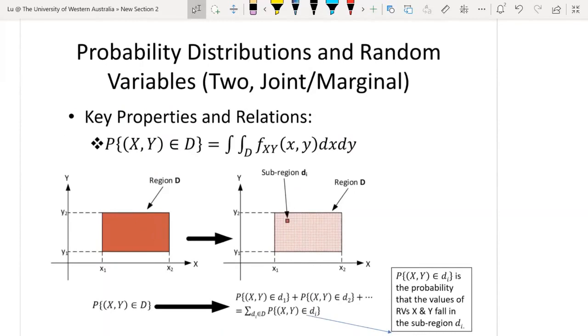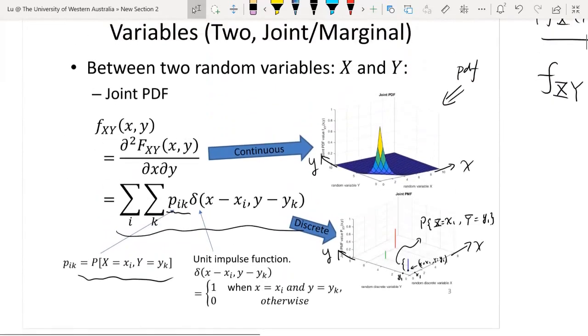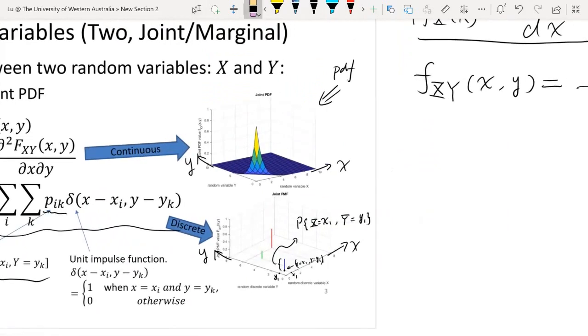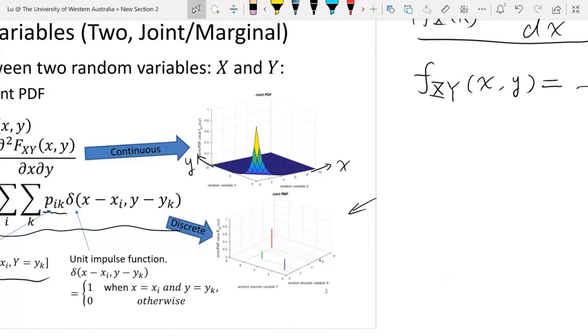Sorry, I have to reverse back. Just one more thing I want to remind you: there are two cases. One is the continuous random variables case. The other one is the discrete random variables case. It's very easy. In the discrete case, the height of each single impulse indicates the corresponding probability. But in the continuous case, can we say f_XY(x1, y1)